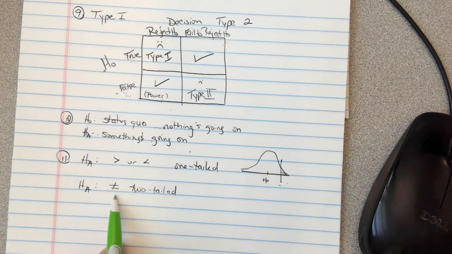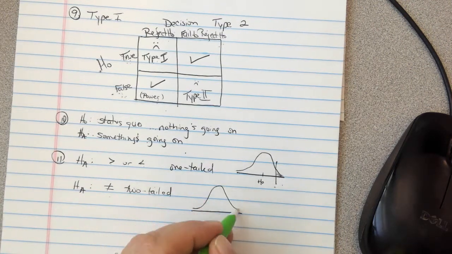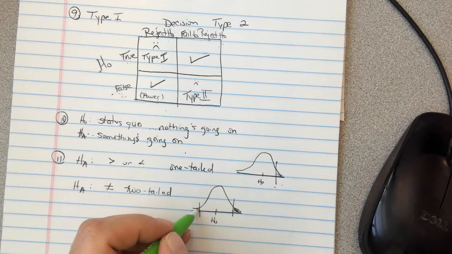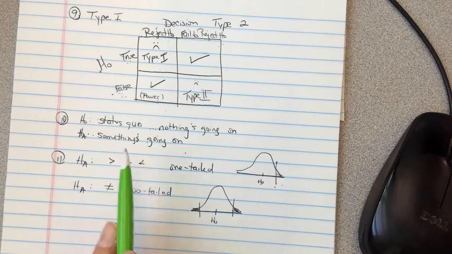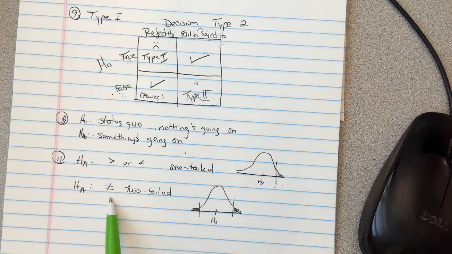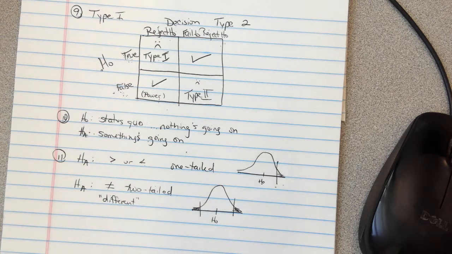So this is a situation where blondes don't have the same amount of fun. They could have more fun or less fun, but they don't have the same amount of fun. And in that case, your null parameter is here. And if you get a value up here, you'll reject. And if you get a value down here, you'll reject, which means you actually have to double your probability of it happening. So it's really about how your alternative is phrased. If your alternative is about a greater than or a less than, more than, less than, at least, at most, then it's one-tailed. If it's is different, normally you see that the key word here is that something is different. Different means it could be lower or higher. So you could go either way.